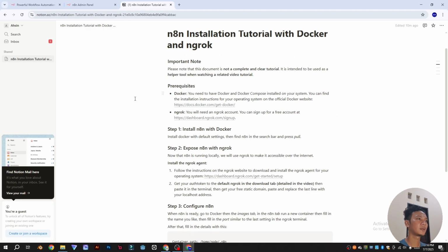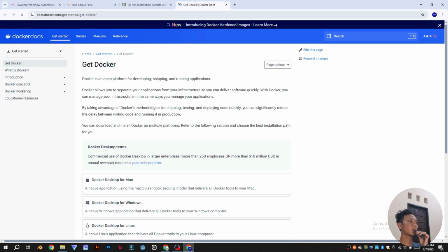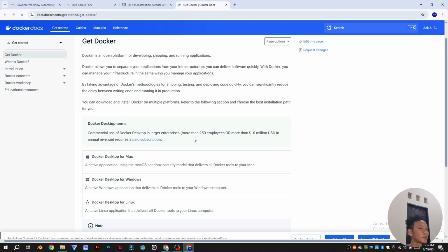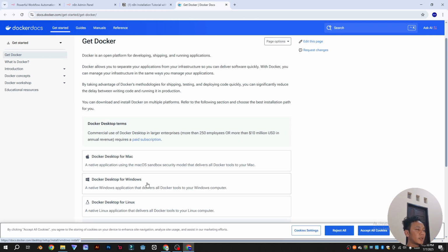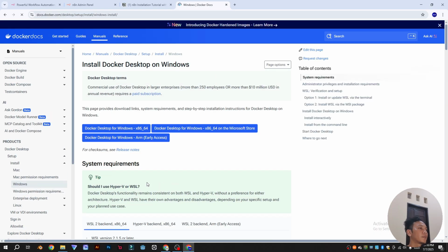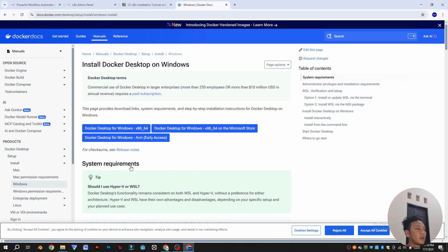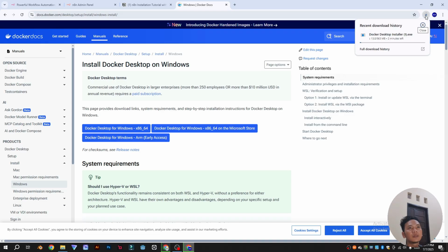In this tutorial, we need to visit Docker to download. We can get Docker here, Docker for Windows, and this is for Windows. We can click here, then let it download.